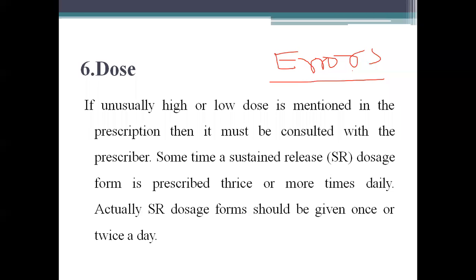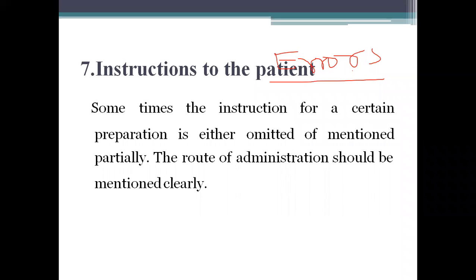If the dose is low dose, then the pharmacist will have to increase the dose. If it is overdose, then the pharmacist, after discussion with the doctor, decreases the dose for the patient. Understand? This is the 6th error in the prescription. Then instructions to the